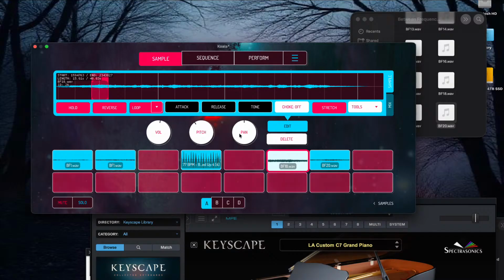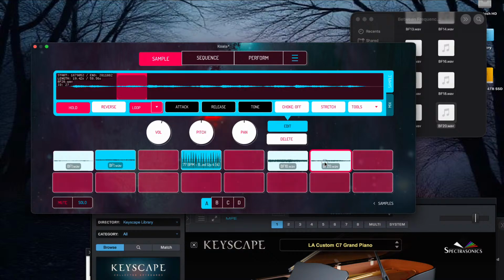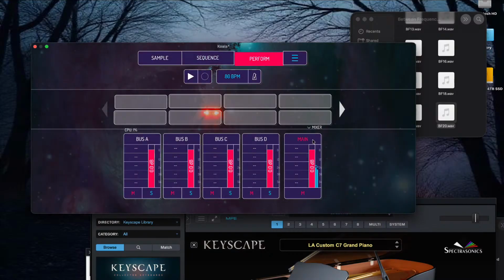You could actually pan this different directions. And this one this way a little bit. Or maybe keep that one in the center and then pan that one a little. And now it sounds more spacious. You could put, if you go to the mixer,